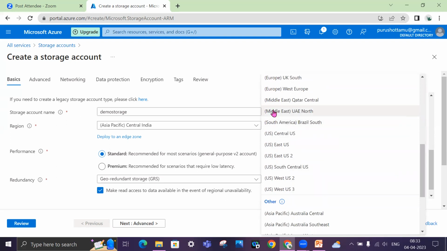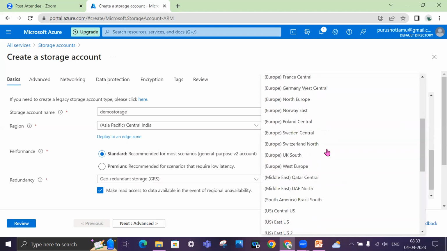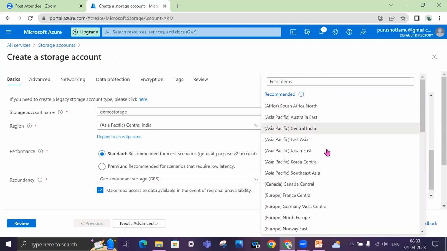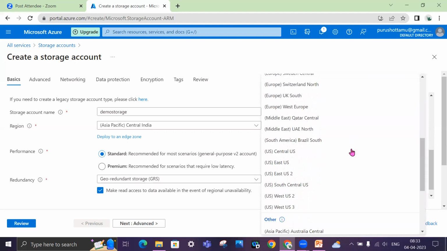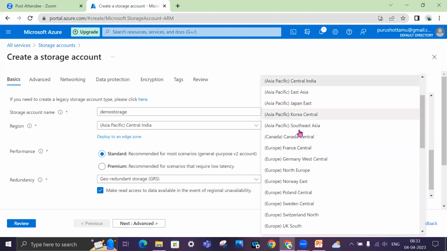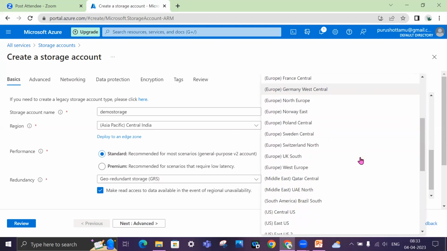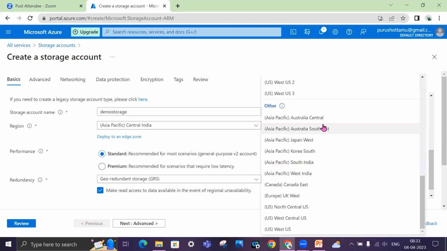Now you must be wondering, you have Africa, you have Asia, you have Canada, Europe, US, South America, North America, everything you have, right? And one thing is missing. Can somebody guess what is missing here? China. China is missing. Why is China not there? You can see China is not here.